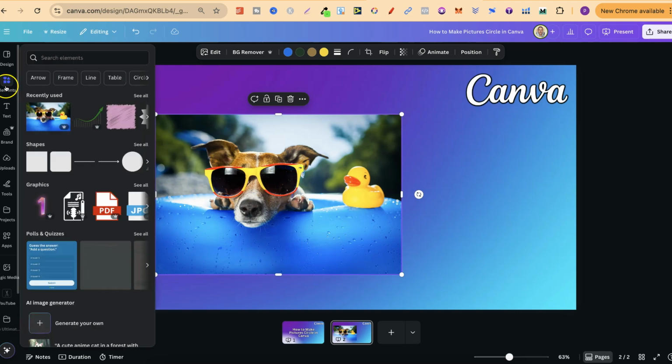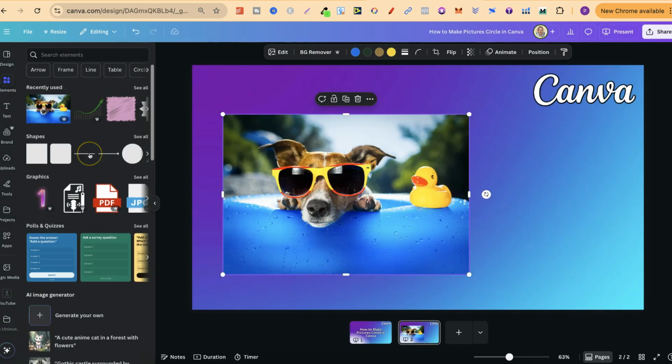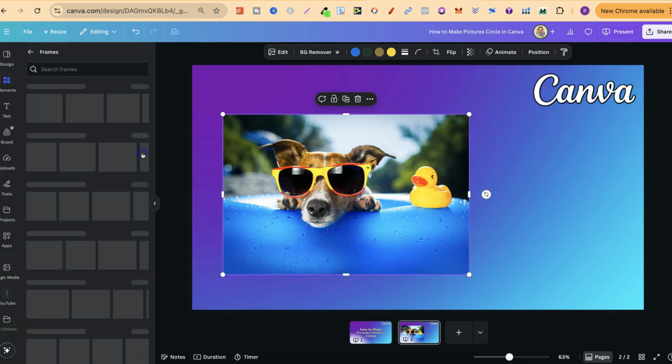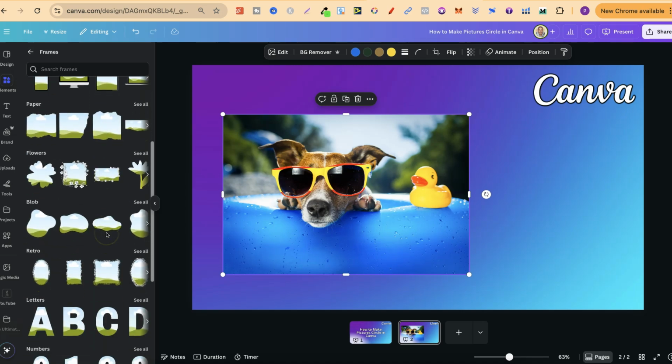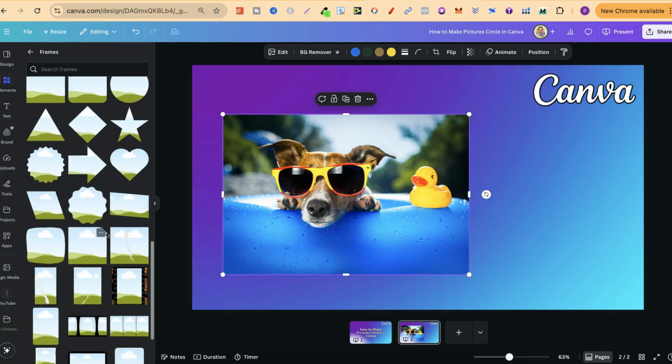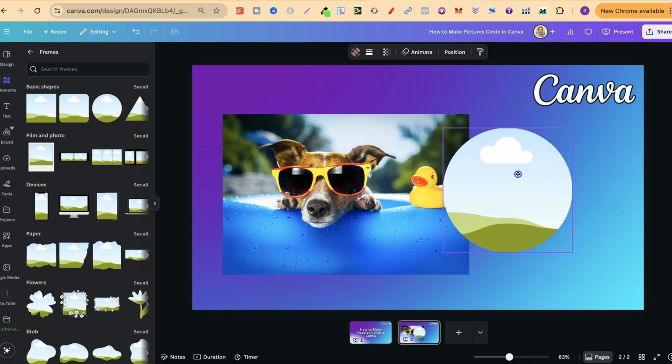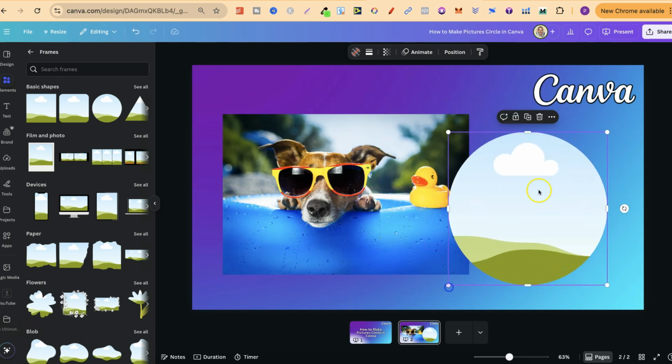Now, to find these, we can come over to Elements just here. Then, if we keep scrolling all the way down, we're going to see frames just here. Now, this is the circle which we're going to use, but if you click on See All, we can see there's lots of different frames that we can use. Now, for this example, we're going to use the circle, and we're going to add it onto the canvas just